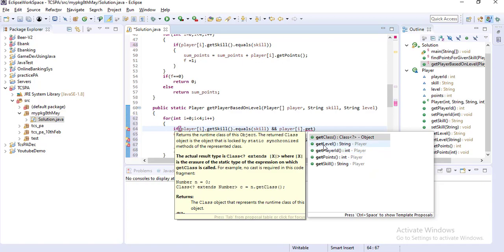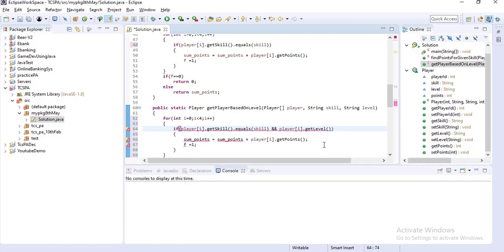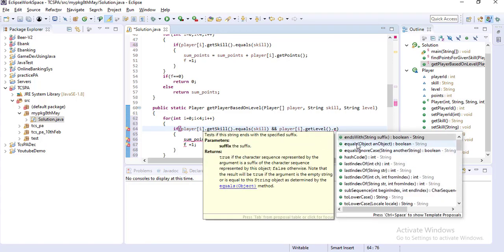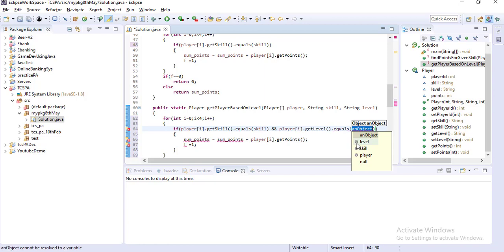Okay, if it is player I dot get label dot equals whatever label I have passed, and player I dot get points is greater than 0,